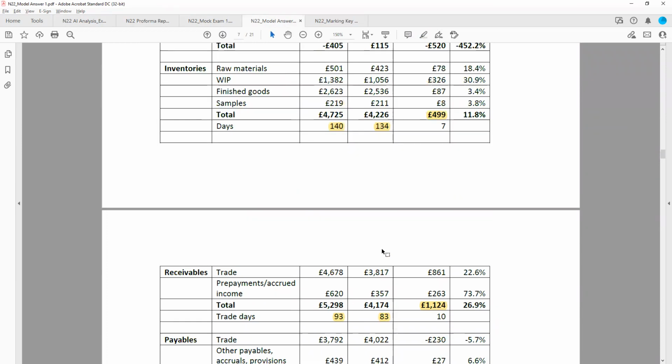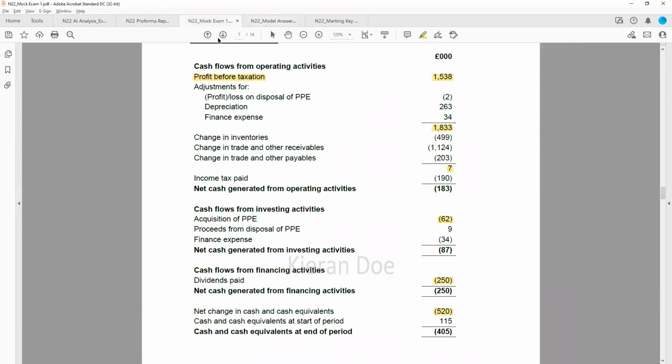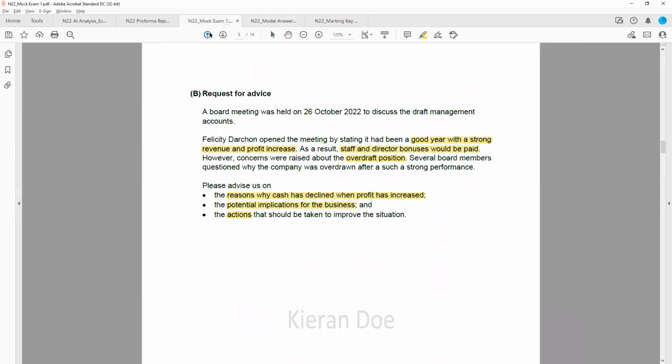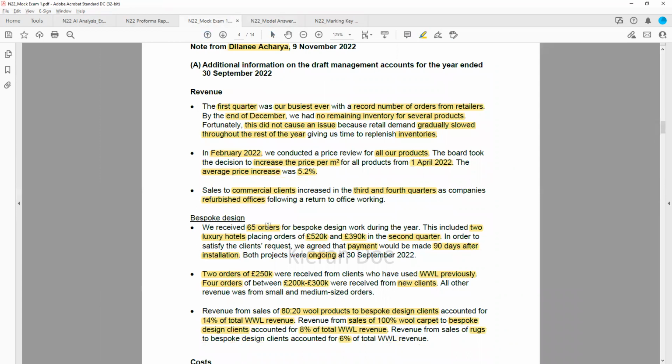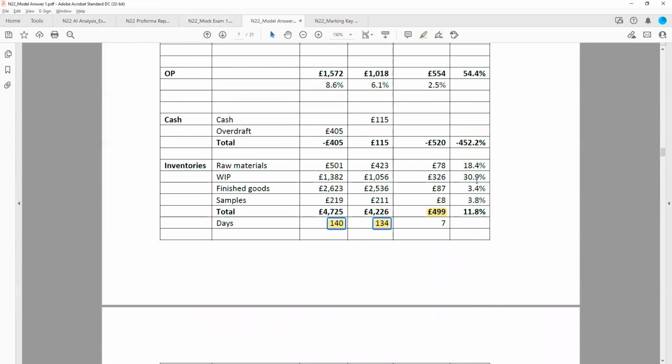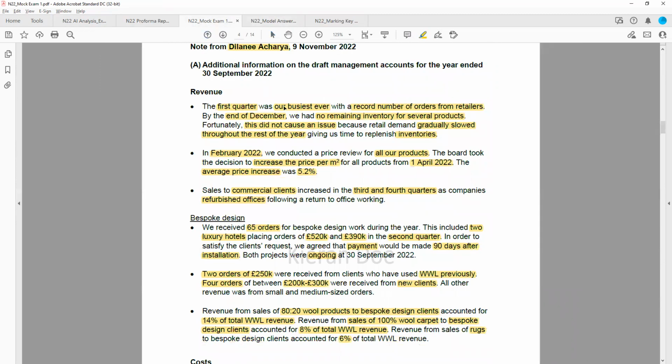And of course, we've got reasons for this in the scenario. We know that inventories went up. We know they got depleted at the end of the previous year, but then they went back up. And we also know that there were several bespoke clients where the work hadn't been completed and it was still ongoing. So maybe they're holding some work in progress for that. And you can actually see that it's the work in progress which has gone up the most. Raw materials have gone up quite a bit as well. Some of that will be in anticipation for quarter one. And if the previous quarter one was the busiest ever, maybe they're expecting the same for this quarter one, although we are told that